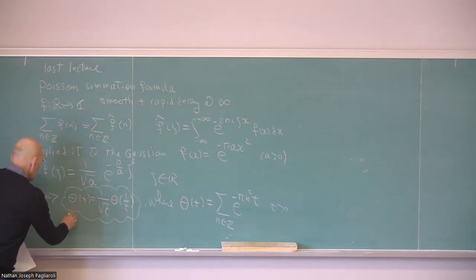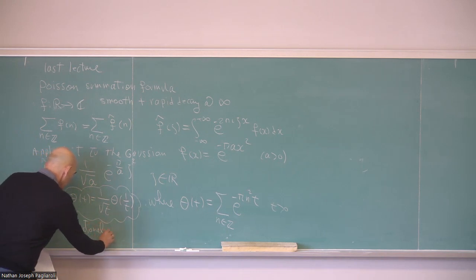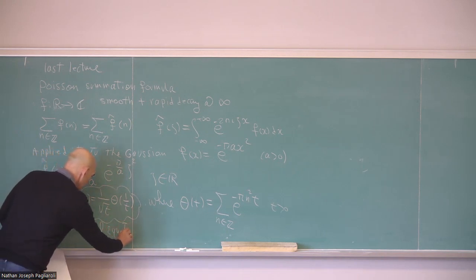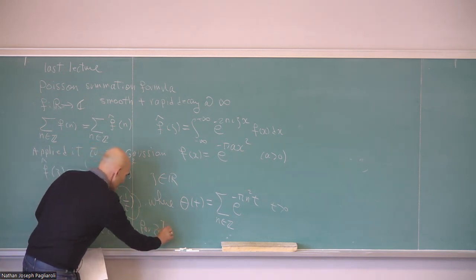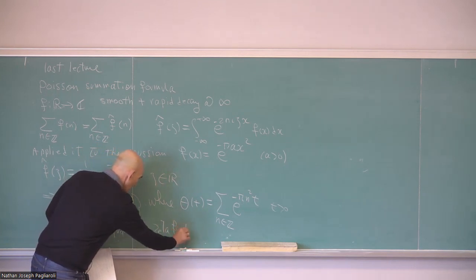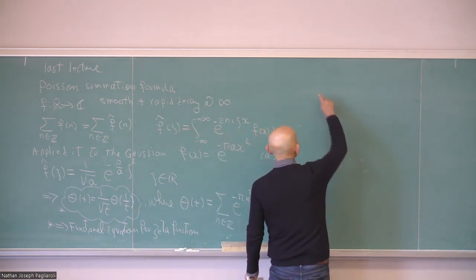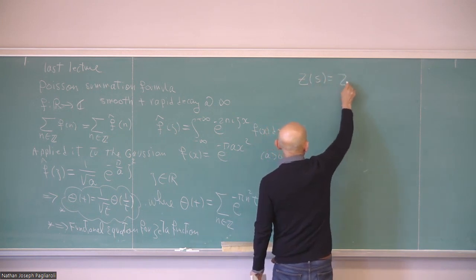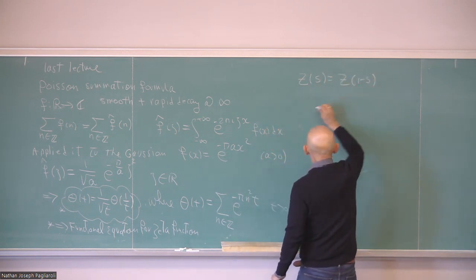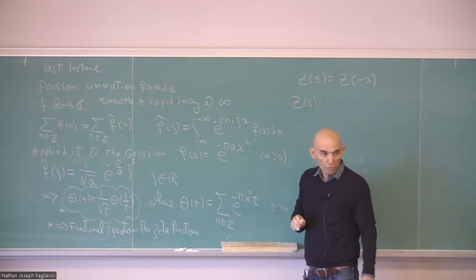And this star gave us the functional equation for zeta, which again I wrote in the form Z of s equal to Z of 1 minus s, where Z of s is by definition equal to